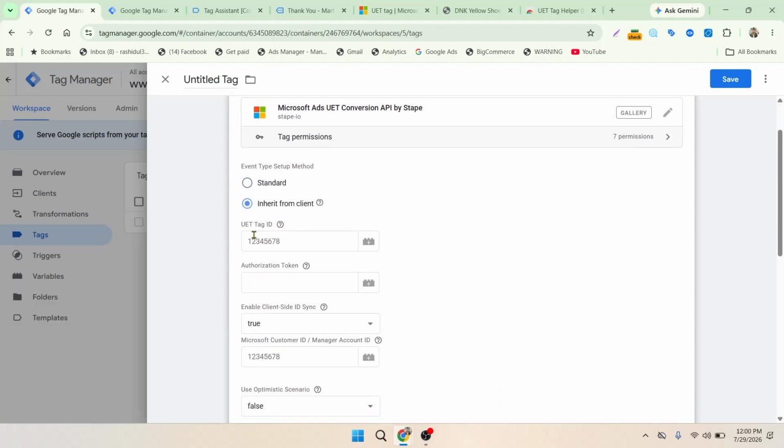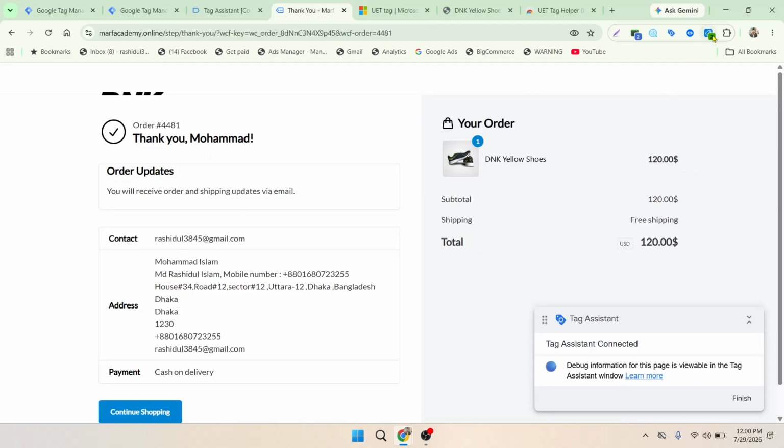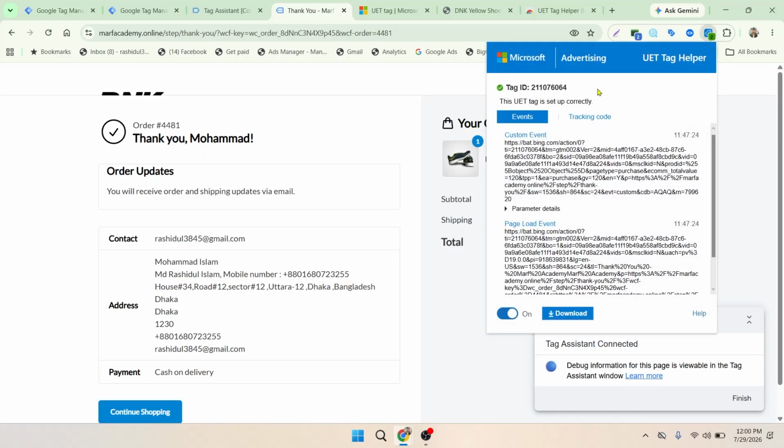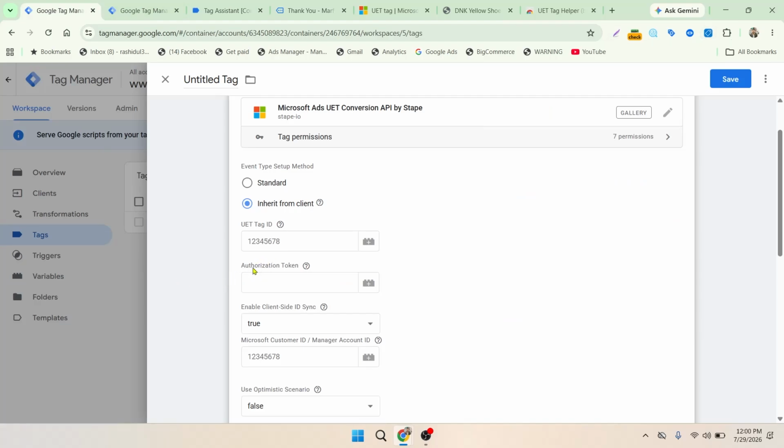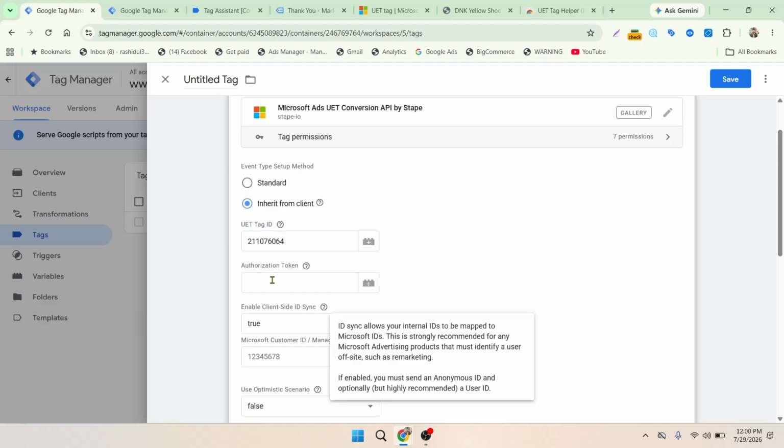First you need the tag ID, the UET tag ID. We can get it from the tag helper. This UET tag is active. Let's copy it and go back to the tag manager and paste it. But the access token we have created,